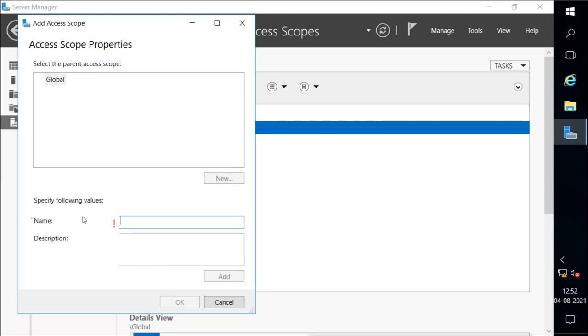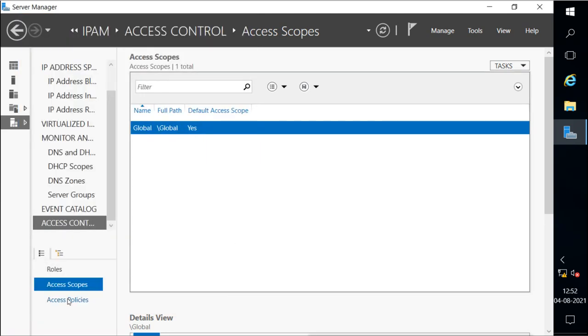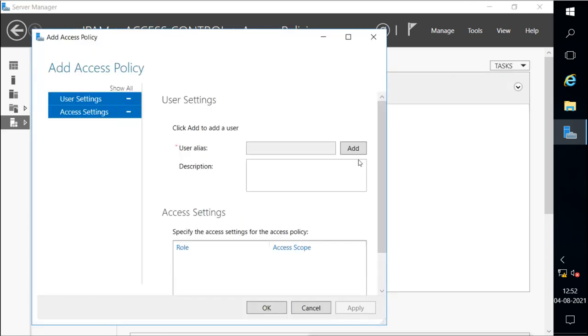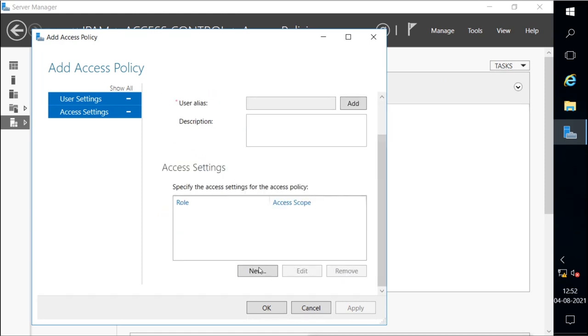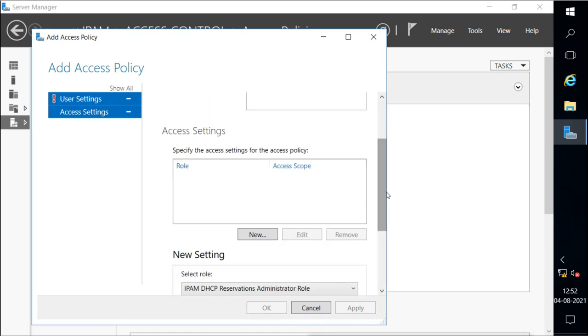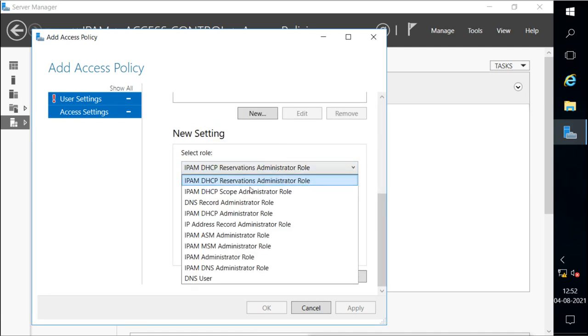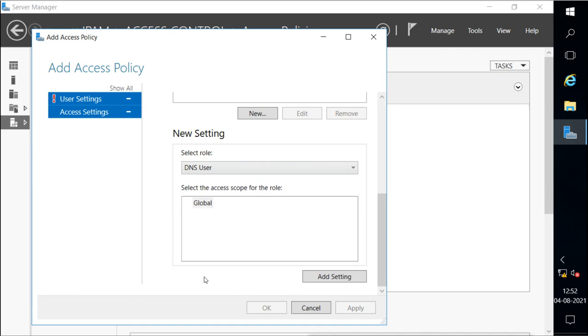We can add a new access scope also, and also we can create the policy, that is, how and what those users can do. These are the access settings. This is what we have created.